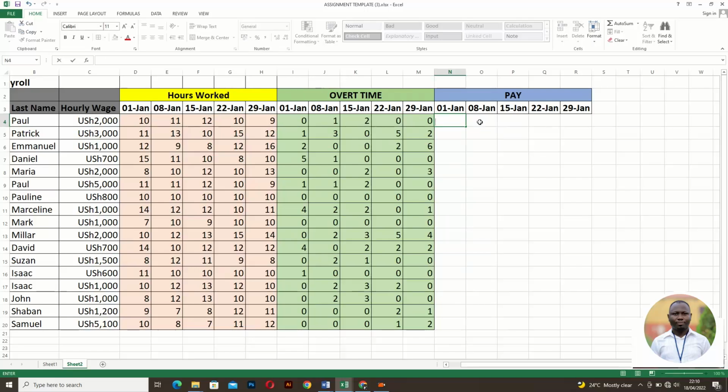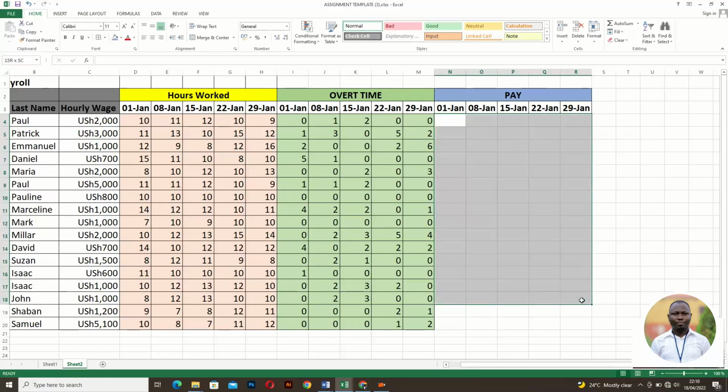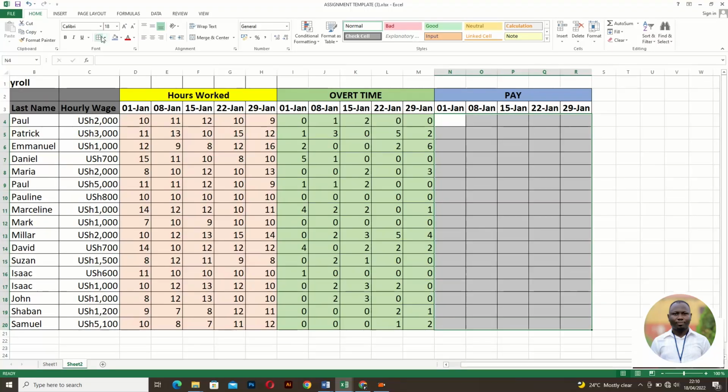First of all, let me do this. Let me increase the size. Yes. So let me even give it a box already, the border. We are going to say here equal sign. We are going to get the hourly wage, multiplying it by the hours worked for. So we are going to get equal sign